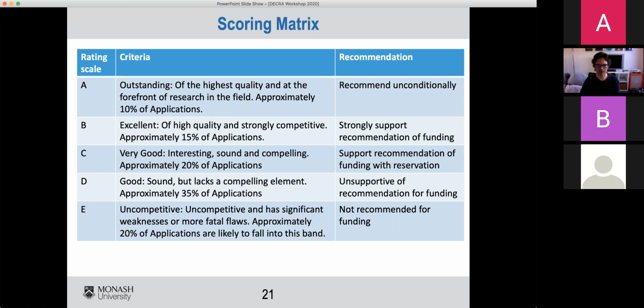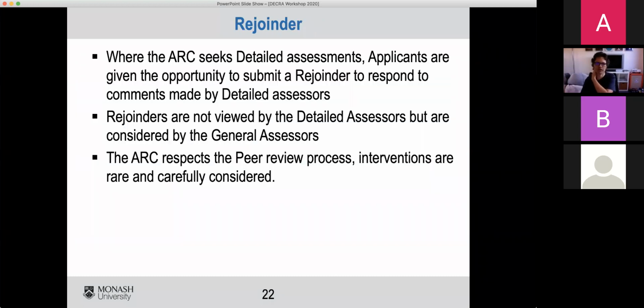We have discussions every year about when Discovery Project assessments come out, when DECRA assessments come out, when Future Fellowship assessments come out. There's always a discussion about where people sit. And basically, all you really know when you get your assessments is that your grant was reviewed by someone. It's really hard to work out where it sits. You can probably guess that that person was carbon-based, but even then, that's probably too much.